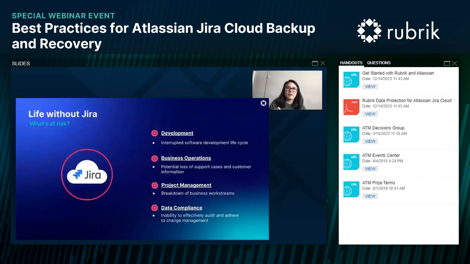We understand customers are responsible for managing the data, but do they still really need to be protecting their Jira data? And to answer that question, it's really good to understand how you yourself, or how an organization, uses Jira, who uses it, how heavily it's used.